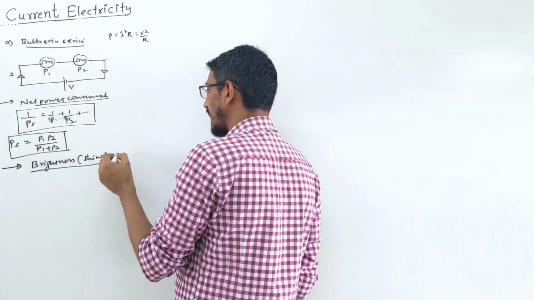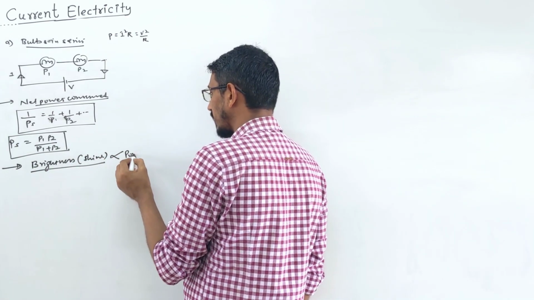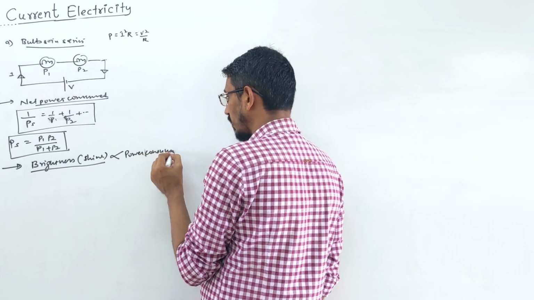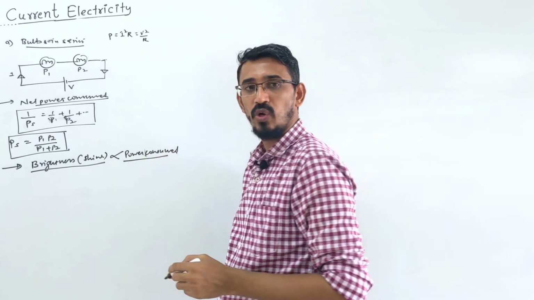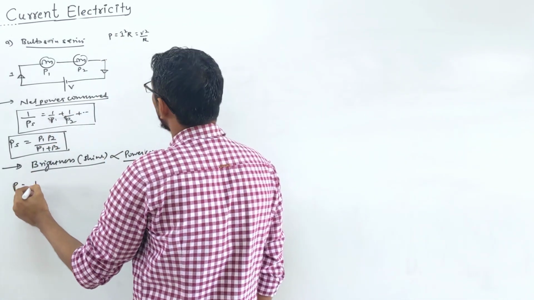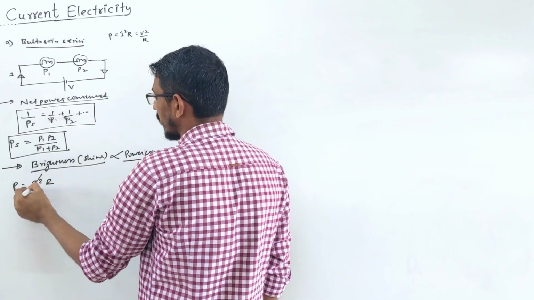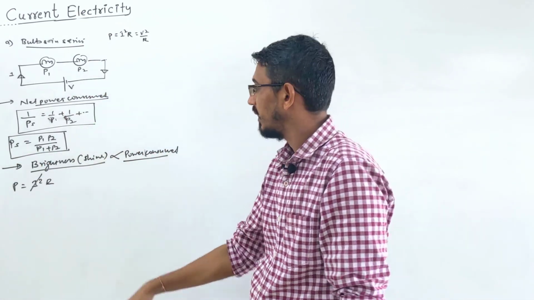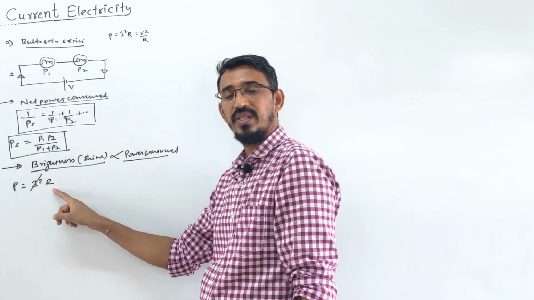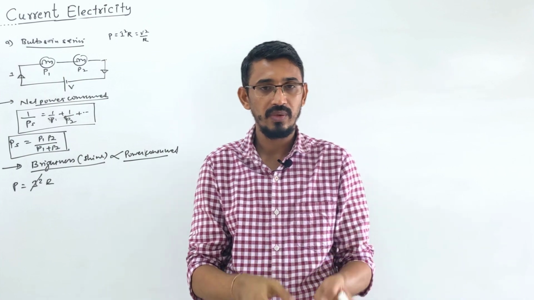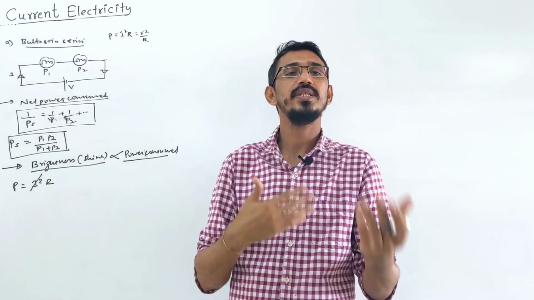remember that brightness is directly proportional to what? Power consumed. Brightness is always directly proportional to power consumed. So if you talk in series, then power consumed is I squared R. I is the same. In series the current flowing is the same through all of them, right? Power is directly proportional to resistance. So if you know the resistance of the bulbs, say one bulb of 50 ohm and the other bulb is 60 ohm, who will shine more brightly?